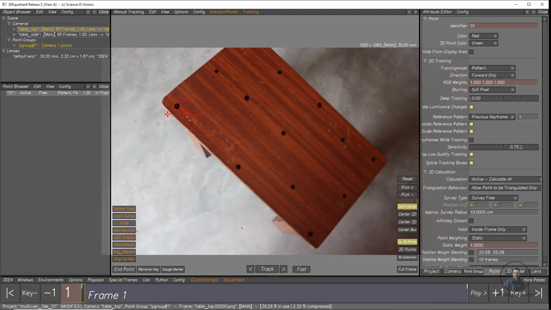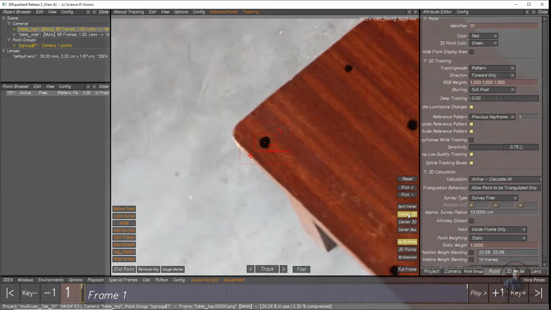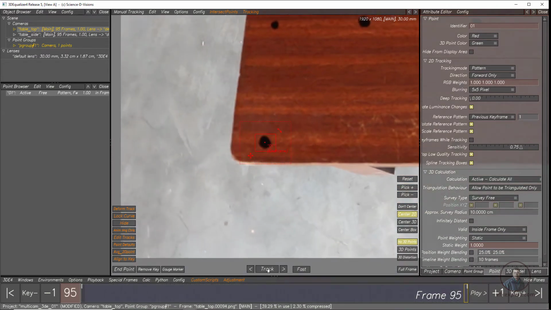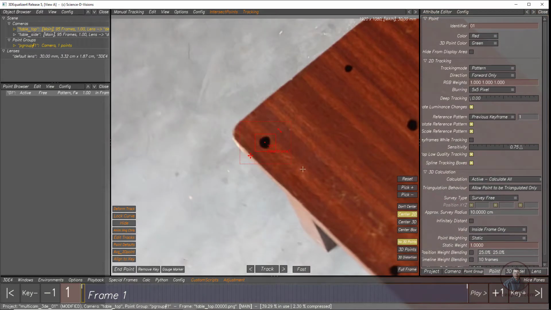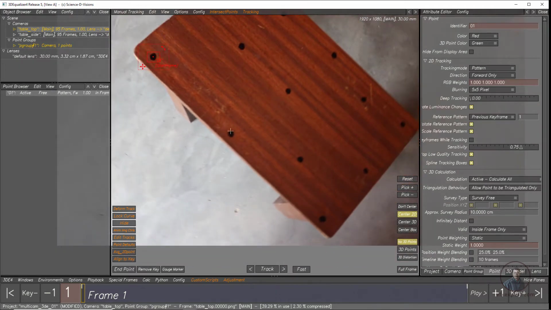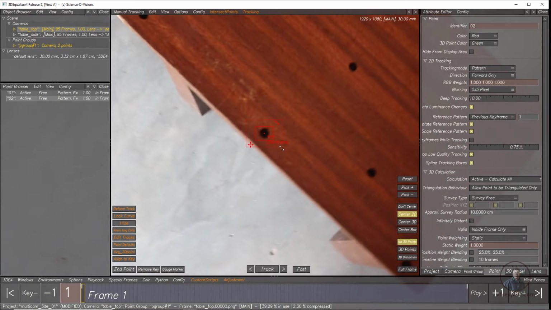Now adjust, then click on center view before tracking. Then again click here. Now I'm going to track this one, so again hold control and click, then adjust.